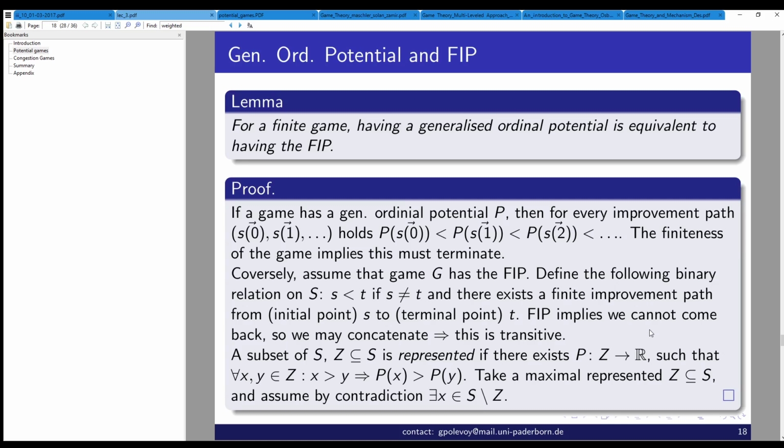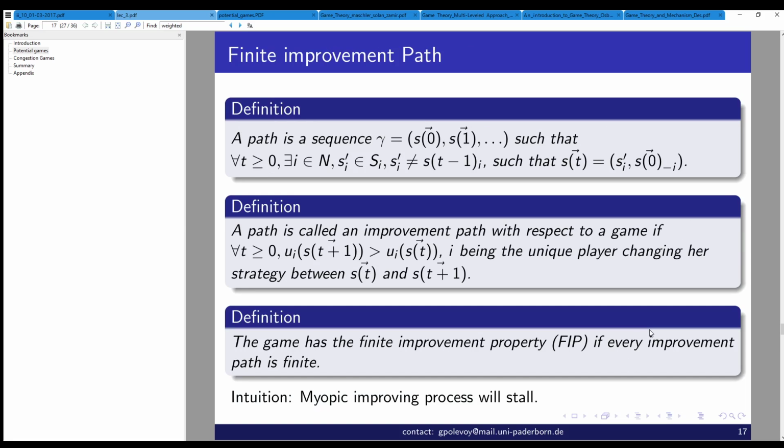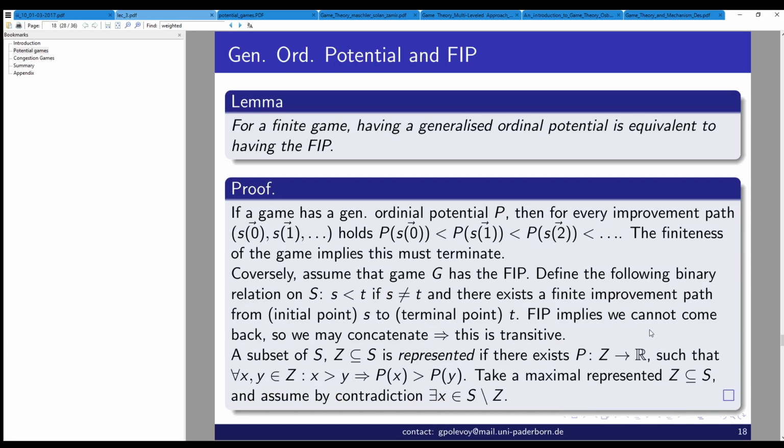Okay, so I fixed it. S is smaller than T if they are different as strategy profiles, and there exists a finite improvement path from S to T. Now, the fact that we have a finite, how do we call it? Finite improvement property